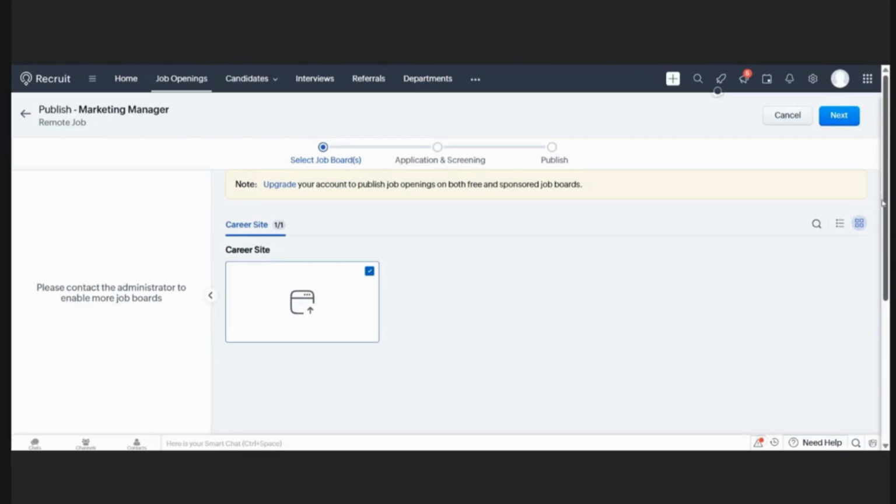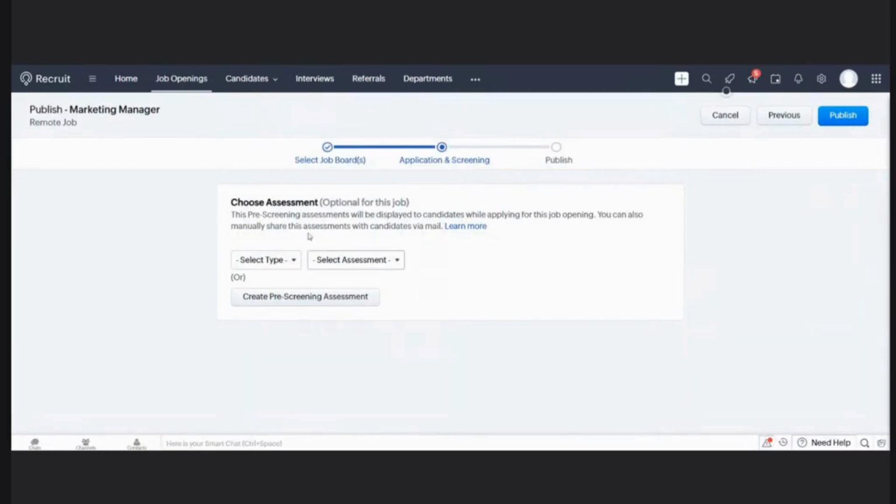Okay, I'll see if I can get the details of which job boards would be there in a while. First, let me complete this aspect. So once we have selected the job boards,